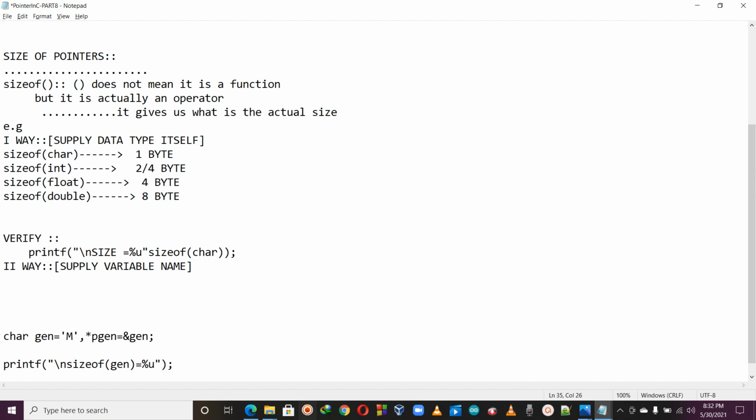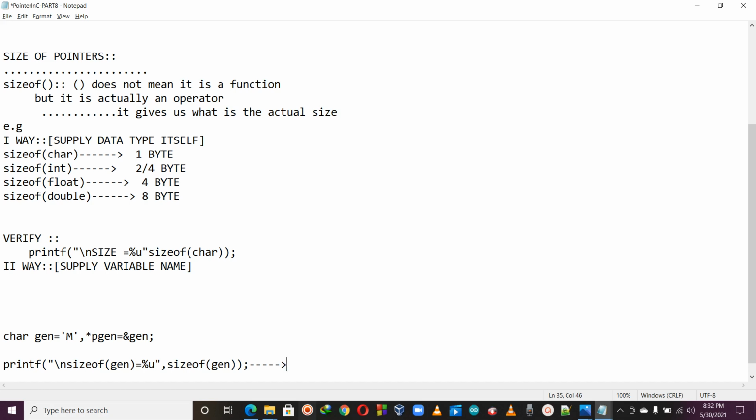Now just use that operator. Just supply gen here. So what should be the answer? What is the size of gen?